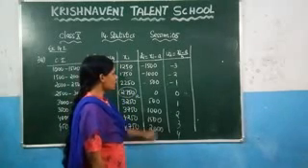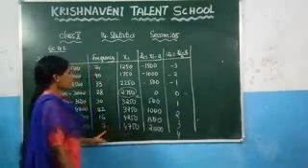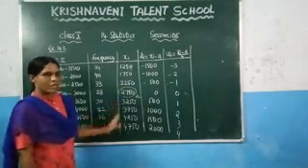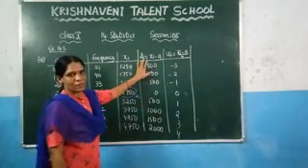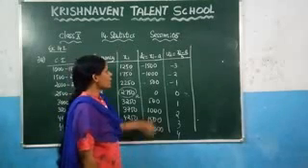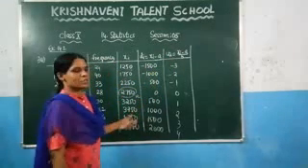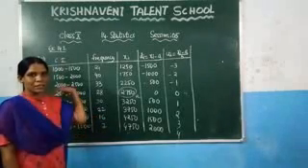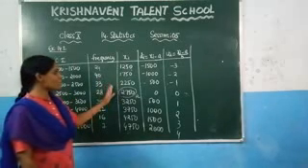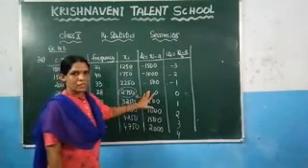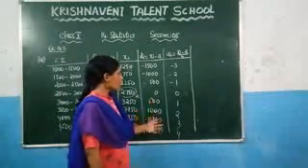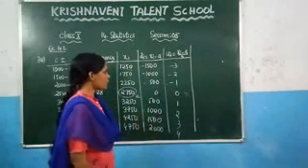Now you can observe that these values are very small. In the first method we found the values of xi and thought that these values were large, so we reduced them by taking the deviation. Again we thought these values were large, so we reduced them again by taking the value of ui. This is the use of the three methods for finding the mean. You can use any of the methods based on the values of xi. If the xi values are large, you can go for the assumed mean method, or if you think the deviation values are large, you can go for the step deviation method. This one is the assumed mean method.